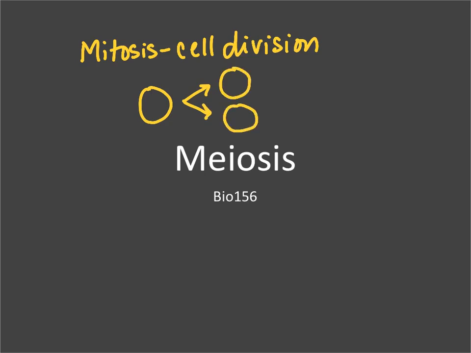Now, meiosis is also a form of cell division, but it happens in different cells and the outcome is different as well. So essentially, mitosis and meiosis are both associated with cell division, which is the process of one cell making new cells, but there are some significant differences between the two that we are going to address in this